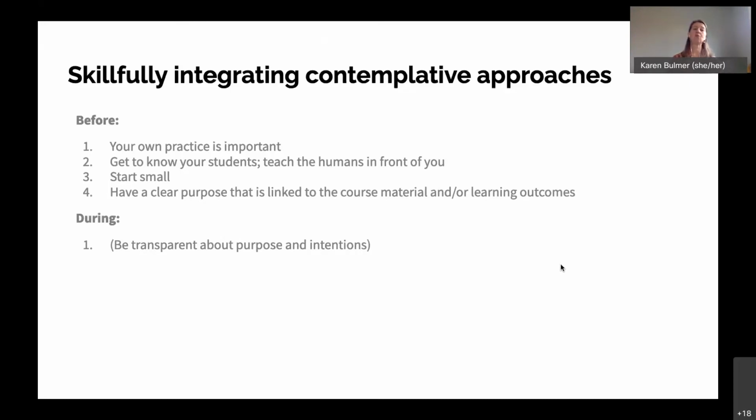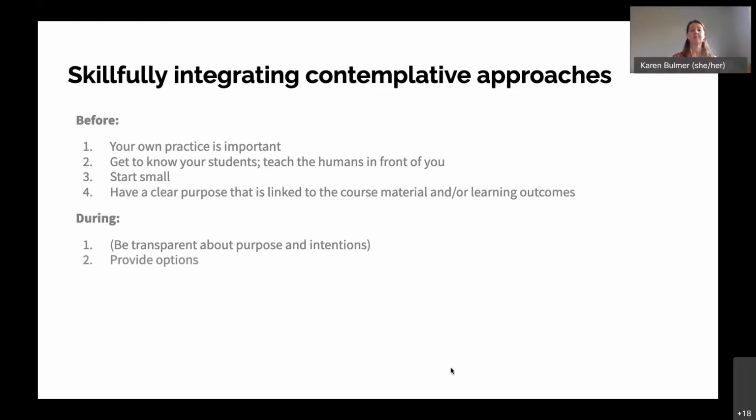And if we're too transparent about our purpose and intentions, it can lead to a dynamic where students are sort of stressed out and fretting about if they did it right, or is that what was supposed to happen? So I think some transparency is really important, and I think we can be kind of soft with that, or at least alert to the possibility that if we're too prescriptive, we can actually shut down the sort of open exploration that we want our students to engage in.